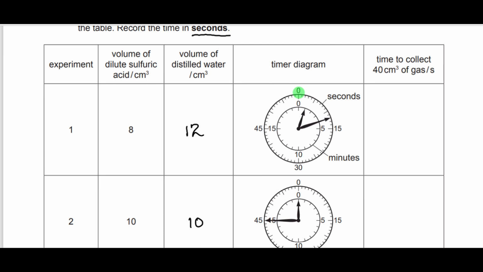Fine. So whatever we get from the inner dial, we convert it to seconds and add it to the outer dial, and then get our final answer. Alright, so let's start. So this is 0, so this is 1, 2, 3, 4, 5. Good. So this is 1. That's 1 minute plus the seconds. This is 1, 2, 3, 4, 5, 6, 7, 8, 9, 10, 11, 12. 1 minute plus 12 what? Seconds. 1 minute is how many seconds? That's 60 seconds. 60 plus 12, that gives us what? 72